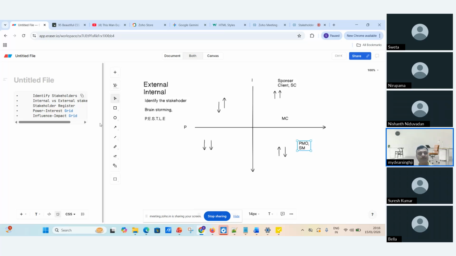High power, low interest. What are we going to do for him? Keep satisfied. The regulators are also involved in it, right? Yes, because they will also be there. They only require reports. They are least bothered about what is going on. Correct. So these people, what are we going to do? First, people who have high power, high interest,